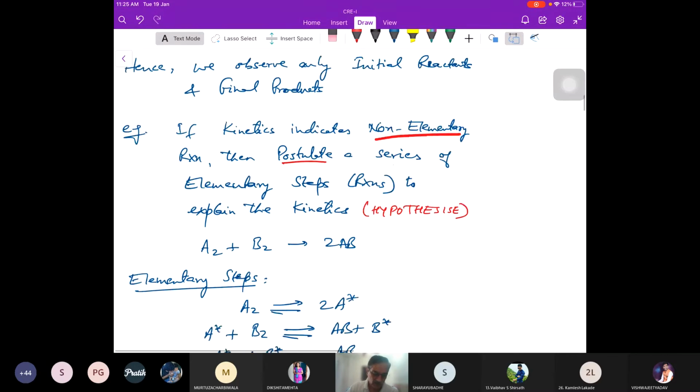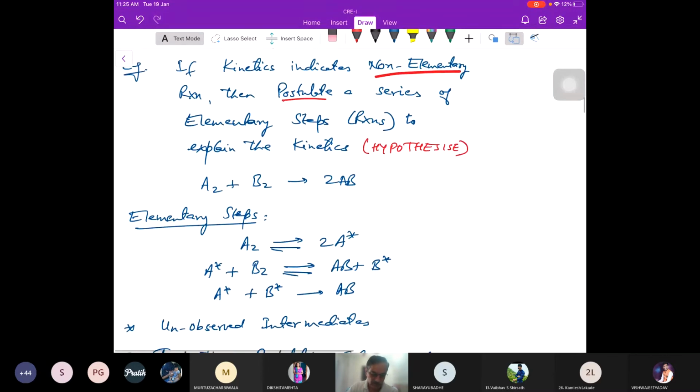So suppose we have a reaction A2 plus B2 reacts to give 2AB, similar to HBr reaction. So we can hypothesize as A2 gives 2A star, which is an intermediate. Then A star reacts with B2 to give AB plus B star. And then A star reacts with B star to give AB. So we can propose a mechanism,